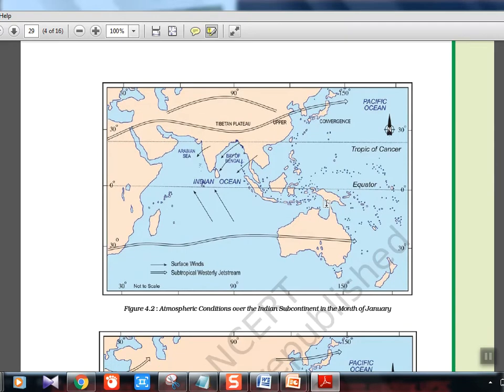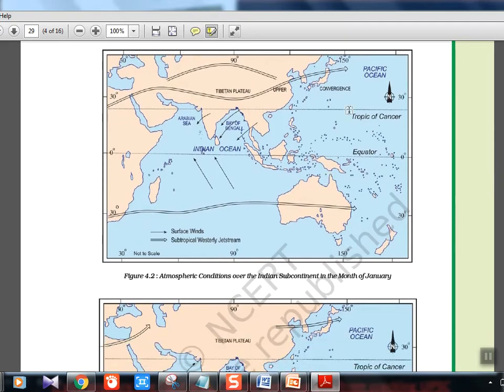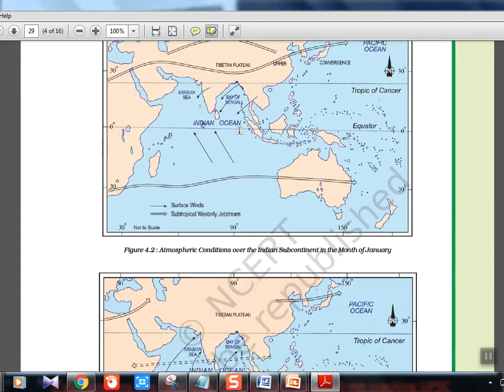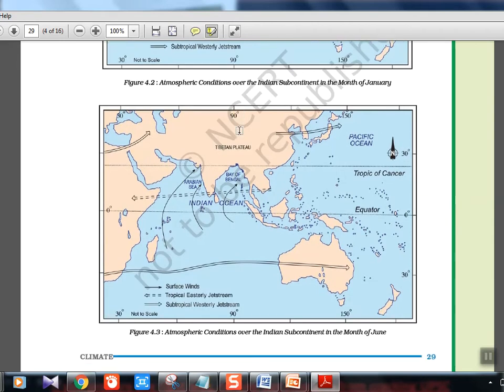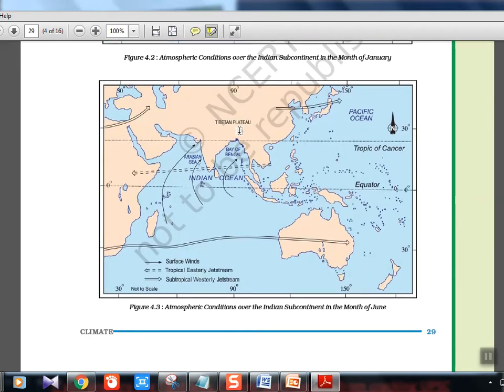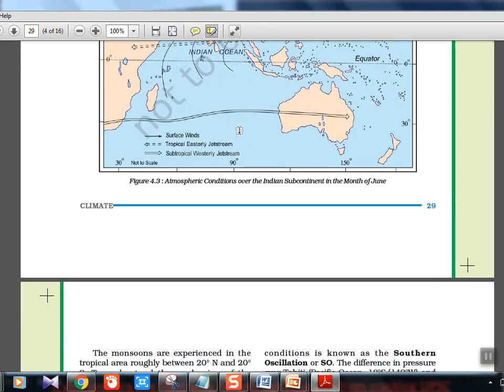This is actually the pressure belts or surface winds which you see. Over India, this is the subtropical westerly jet which is showing, and there is something called the intertropical convergence zone, which will be shifting up and down, and that will decide the monsoon. It is actually not shifting in reality. It is because of the apparent movement of the sun. We'll see that technically in class 11th, but now you should know that there are different wind systems and pressure systems flowing through the world's continents.